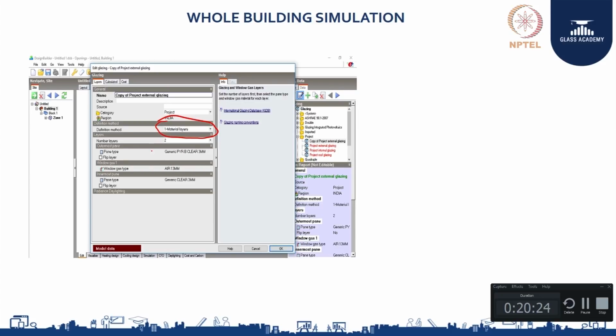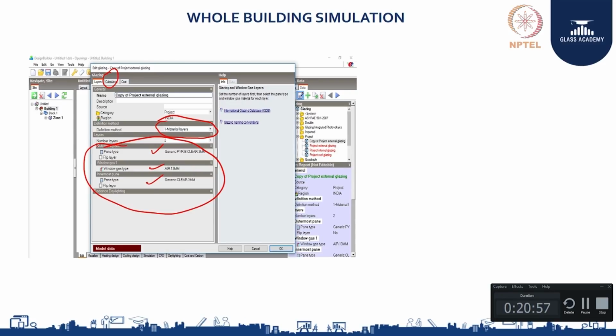From that you can select the outer glass, and the air gap, whether it is going to be 16 mm or 12 mm, or whether it is going to be air or filled with argon gas. All that can be selected here, and the inner glass, whether it is going to be a plain 6 mm clear glass or some other type of glass, you can select it here. So that is one method, and when you go to calculated, it will give you the calculated solar factor, U value and VLT for this particular combination.